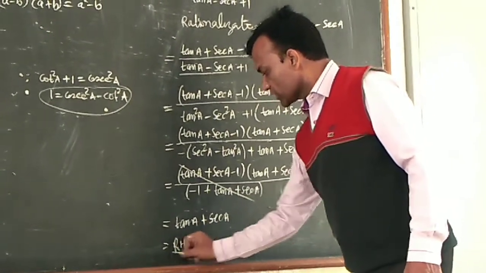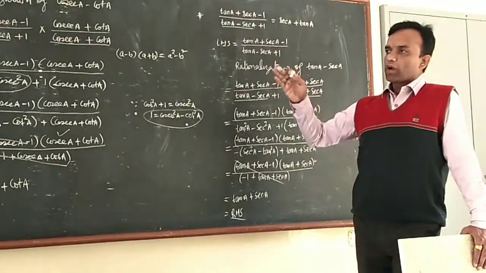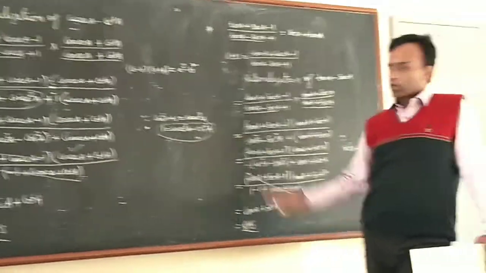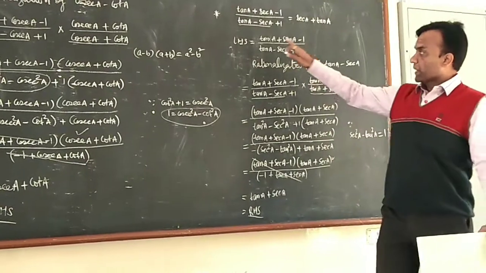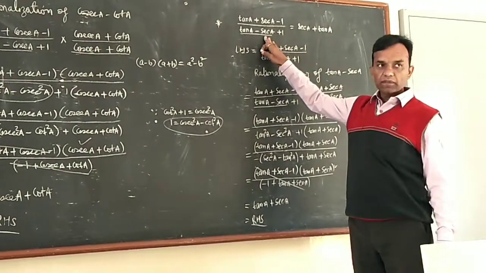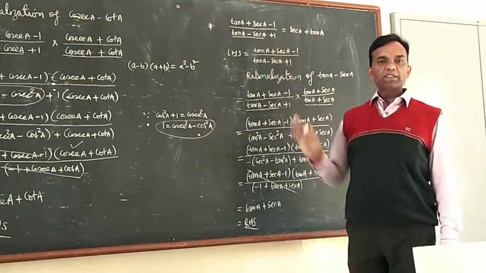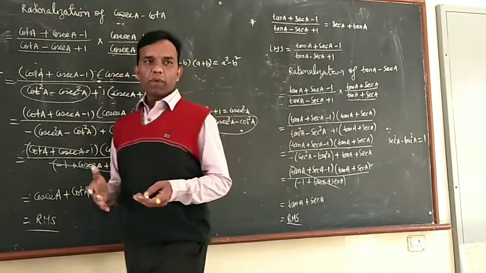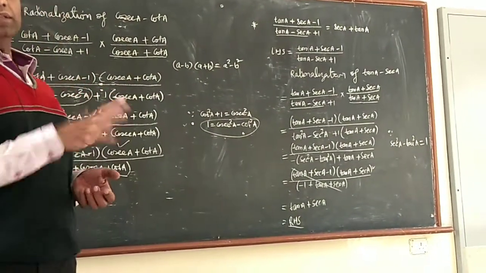Okay, so both questions have the same pattern. Your question may be in the form of cot and cosec, or in the form of tan and sec. Your concept or method is the same, a common method. Suppose in place of tan a plus sec a you have something else, then your result will be sec a minus tan a. But you do the same rationalization. And rationalization means not to take all three parts in rationalization. Only take out two parts and then do the question.